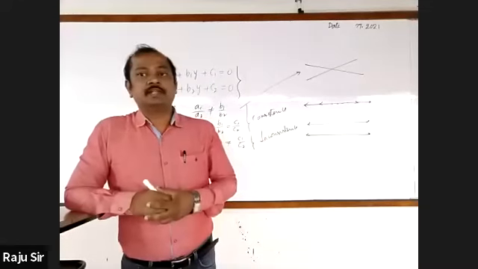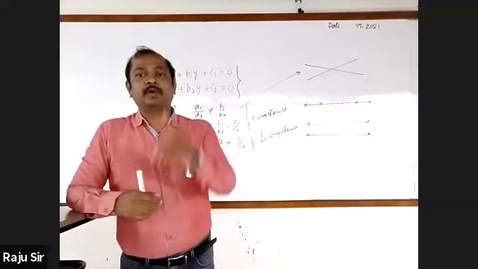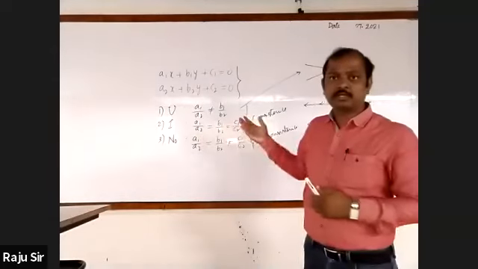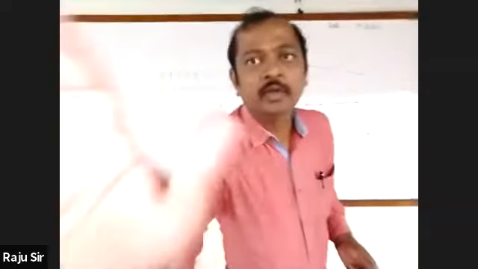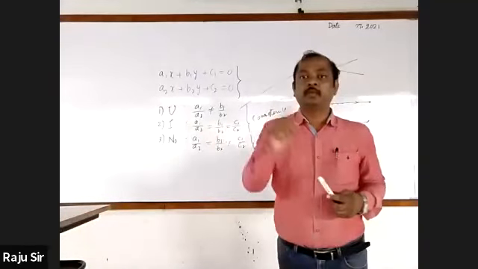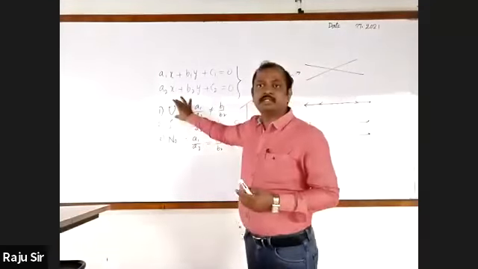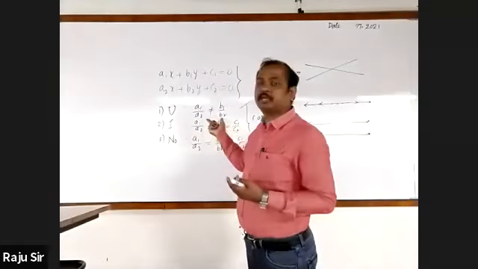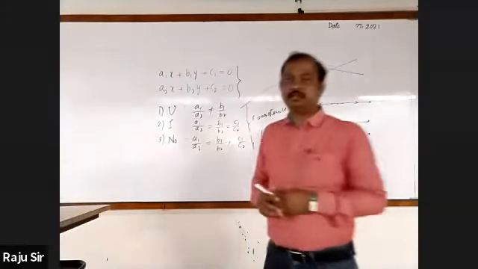In yesterday's class, we also came across how to write an equation for the given equation to satisfy unique, infinitely many solutions or no solutions, right? One equation will be given, and related to that, you are going to write one more equation. By writing so, the given condition is satisfied. If it is given unique, this condition should be satisfied. Infinite, this condition. And for no solution, this condition.